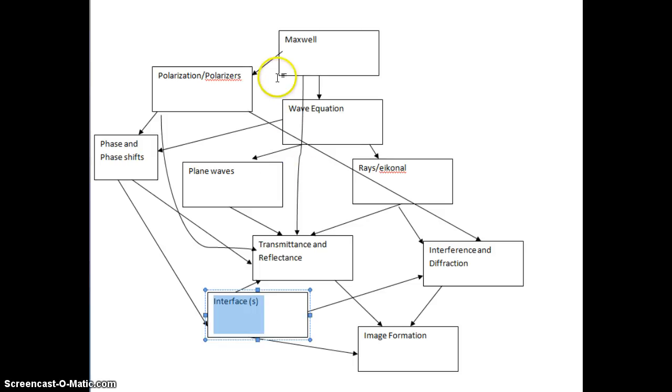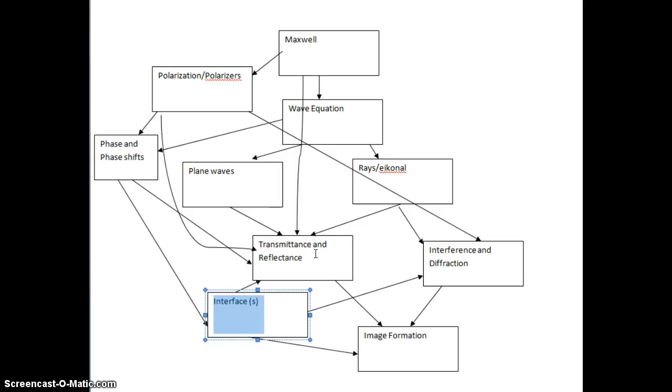But the other concept I wanted to bring up was a link that I was going to put in and I forgot in my original: from Maxwell to transmittance and reflectance. When we talk about things like Snell's law,